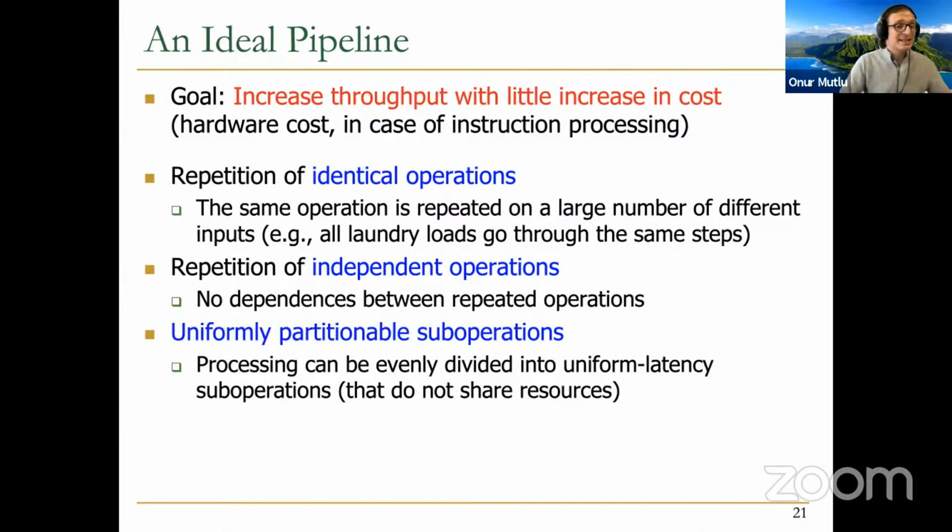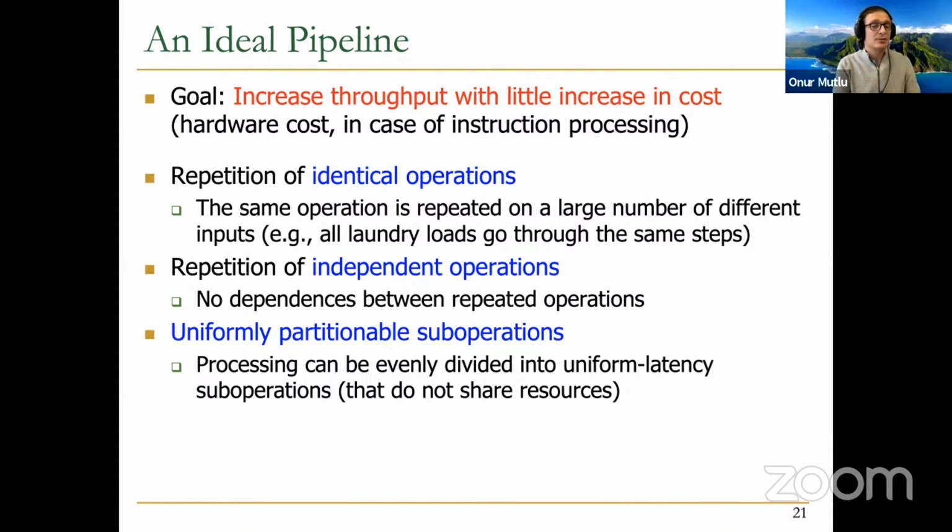And then the last thing is uniformly partitionable sub-operations. So what does this mean? This is a fancy word. But basically what this means is that processing can be evenly divided into uniform latency sub-operations that do not share resources. So each stage of the pipeline is evenly divided and you're doing useful work for the entire stage of the pipeline. So in the laundry example,